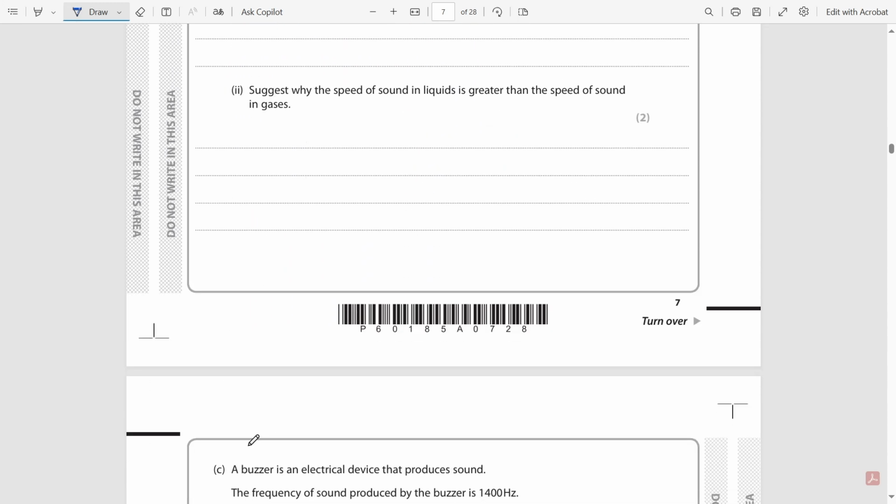Okay, let's go down. Suggest why the speed of sound in liquids is greater than the speed of sound in gases. Okay, so sound requires matter, because as long as you know waves, they work with matter. So they work with vibrations. So sound waves travel by vibrations,